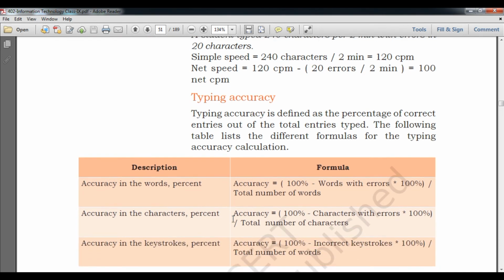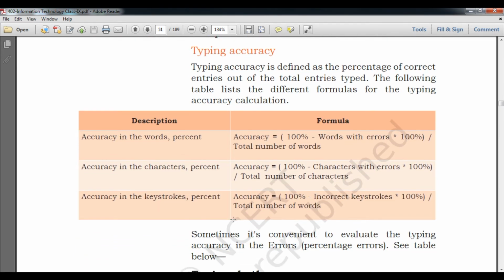Now we need to understand what typing accuracy is. Accuracy means whatever you have typed without any mistake. First, accuracy in word percentage. So how to calculate the accuracy according to the percentage? The formula is accuracy equals 100% minus words with error, multiplied by 100% divided by total number of words.